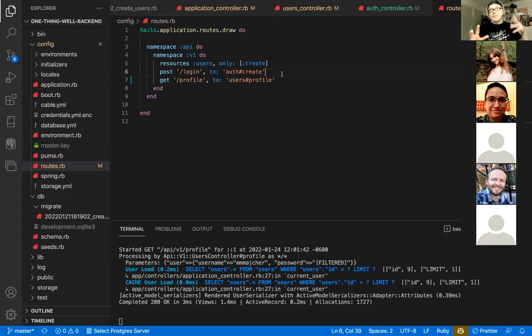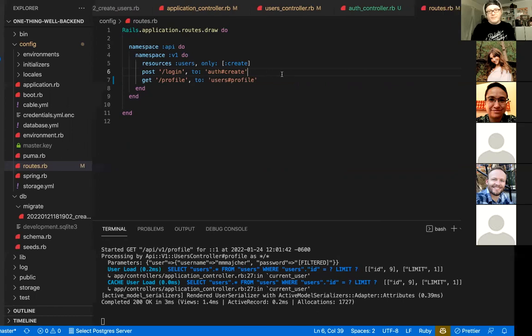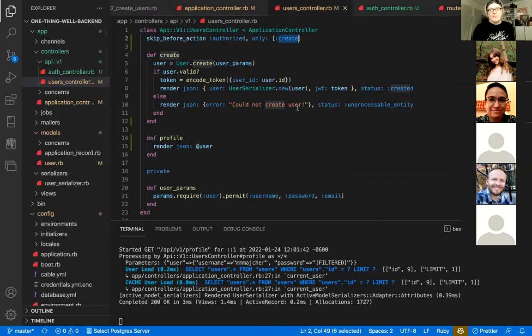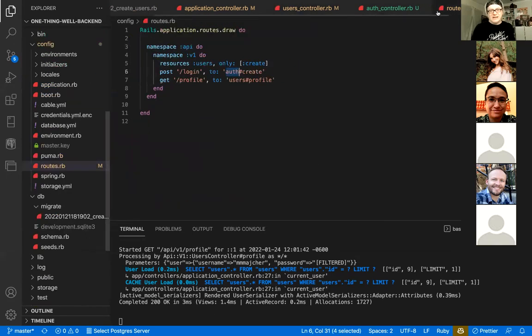And I think most of the load is sort of conceptual. But the debugging stuff you are going to do for this is going to serve you in the same way for anything else you write in Rails. You're going to be hitting a route of some kind with some method, with some data. Those routes are always going to get hit here. You're going to see where the route goes. You're going to look for the controller it goes to. You're going to look for the method. You know, in the case of this auth one,